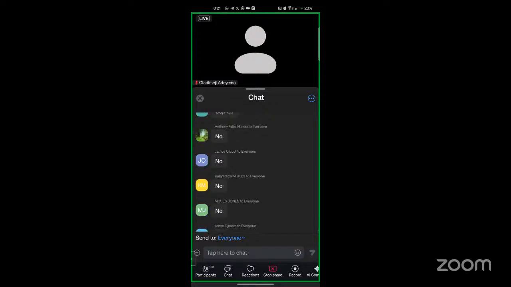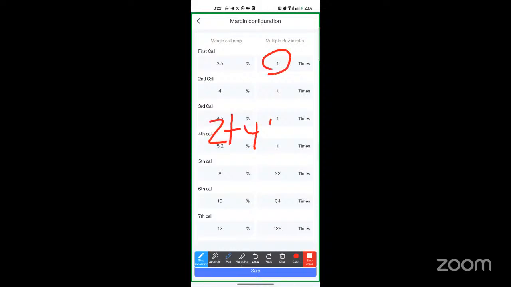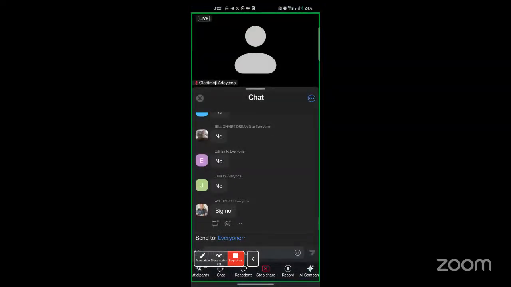The problem is not capital. The problem is failure to understand. Because, look here, the problem is not capital. Follow closely. Let's add 2 plus 4 plus 8 plus 16. What do you get? Some answers in the chat. I'm about to finish the class. 2 plus 4 plus 8 plus 16. What do you get? 30.